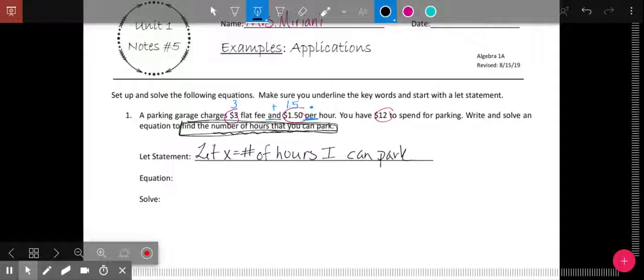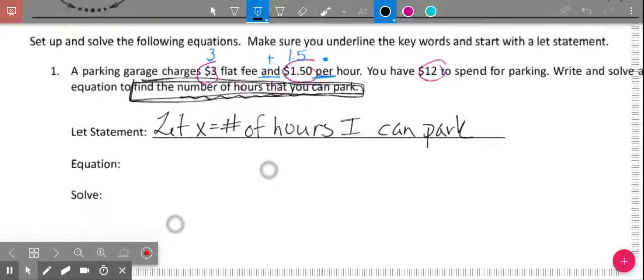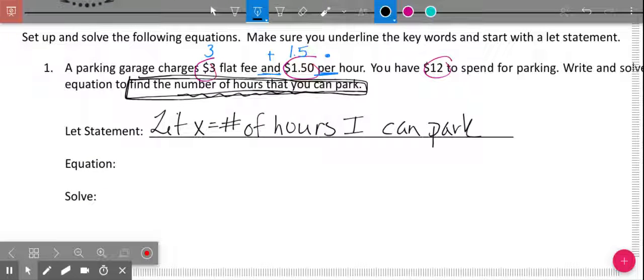Next, we need to think, is there anything we can eliminate? We've used almost everything in our description, so we're good. So now we need to write an equation to represent the situation. We're just going to read this from left to right. The first thing says we have a flat fee. So that's this right here. We know we're going to have that $3, so 3. And, so plus